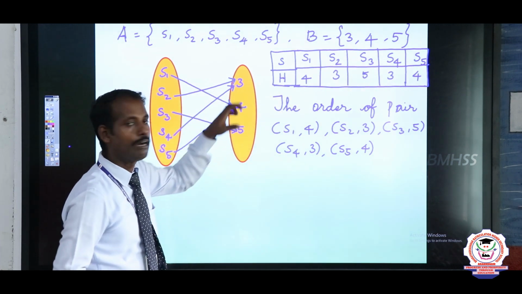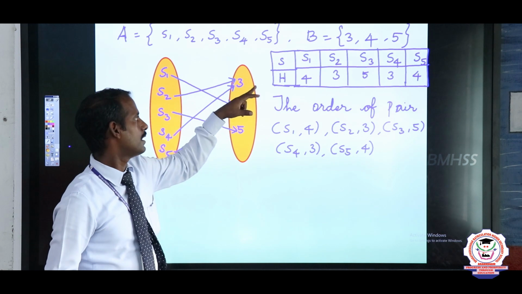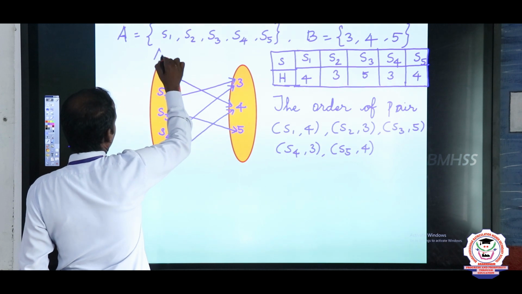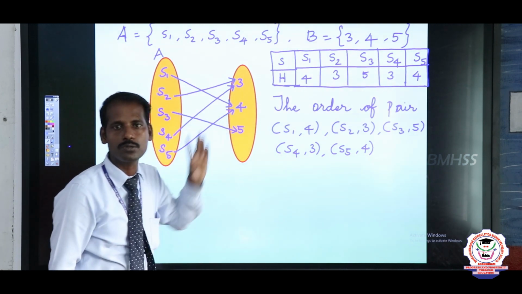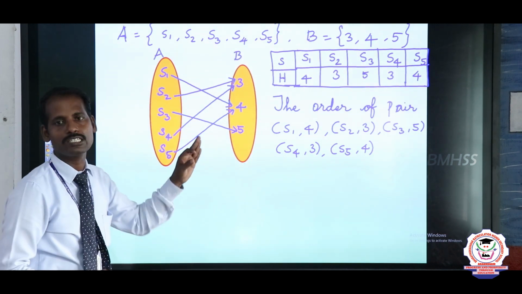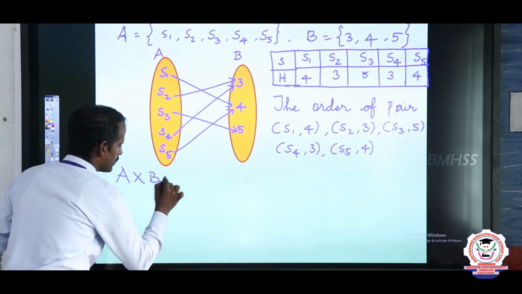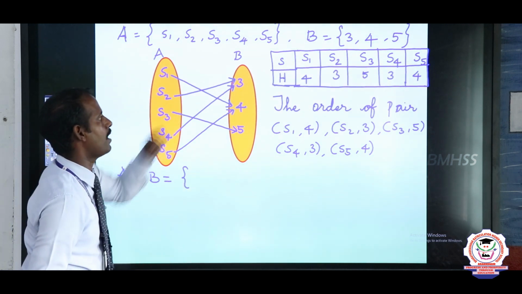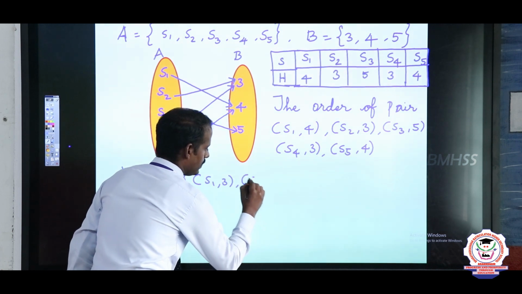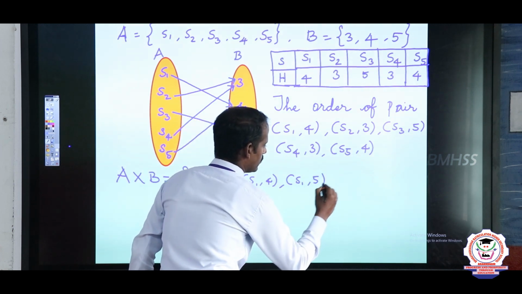So now I will find out the A Cartesian product B, that is S is a one set, H is another set. Let us consider the number of students. I will take A set, and let us consider height of the students B set. So A and B. So what is the A Cartesian product B? We know that A Cartesian product B is equal to, so S1 comma 3, the first relation S1 comma 3, next S1 comma 4, next S1 comma 5,